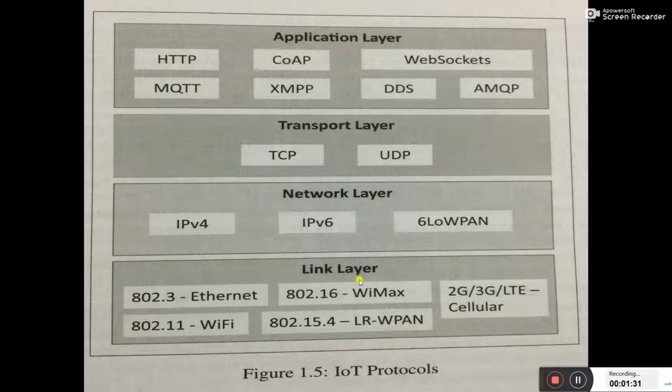So next is link layer. In the link layer we have these types of protocols, for example Ethernet and WiMAX, 2G, 3G, LTE, 802.11 Wi-Fi, 802.15.4 LoWPAN. So at each layer the protocols have been shown, and these protocols are used for the development of the IoT framework.